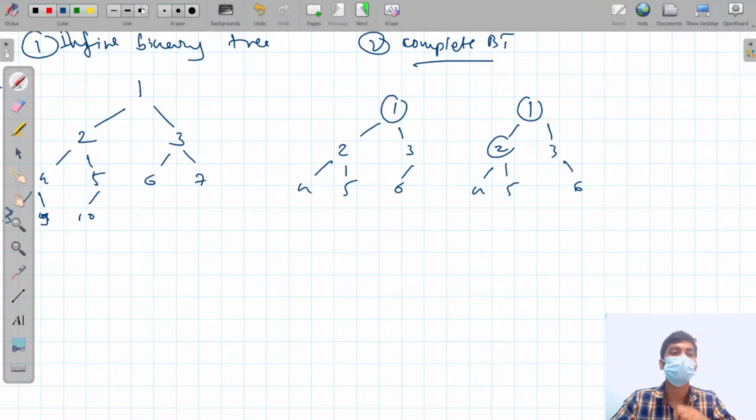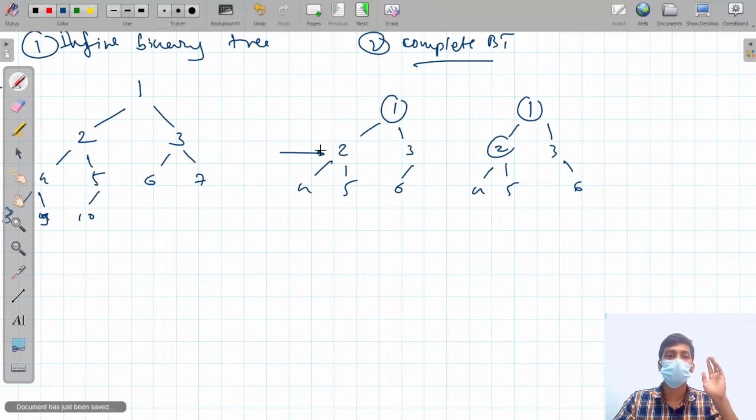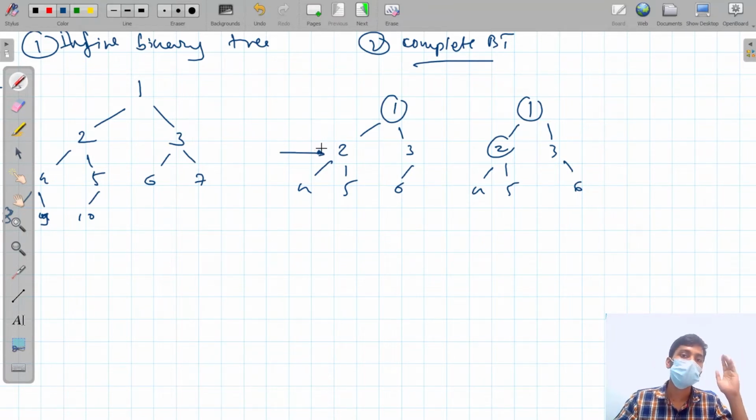Why is this not a complete binary tree? Because according to the definition of the complete binary tree, all the nodes should be occupying the positions of children starting from the left side to the right side,